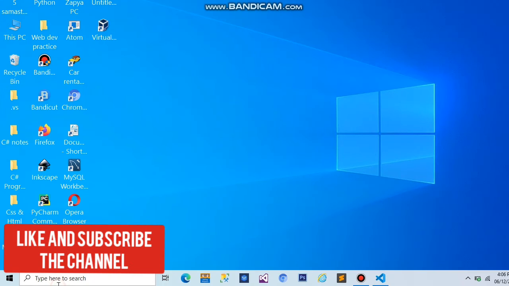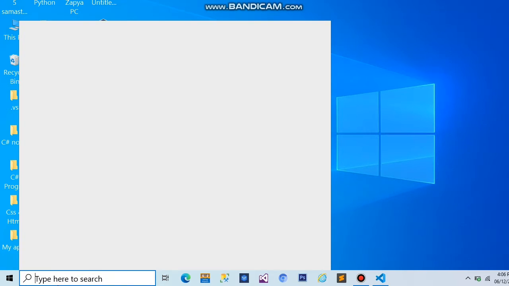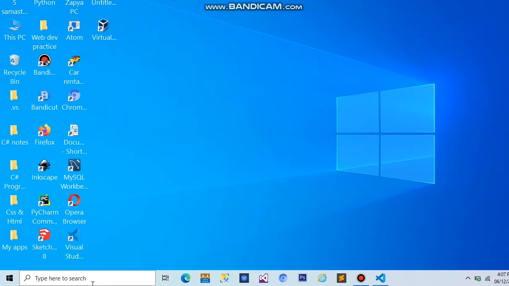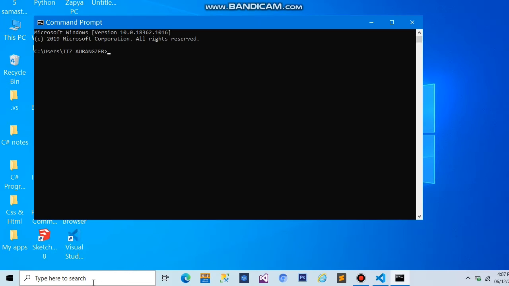So today we will automate WhatsApp chat. So first we will go to command prompt. We will type cmd, which stands for command prompt, and here we will write pip install